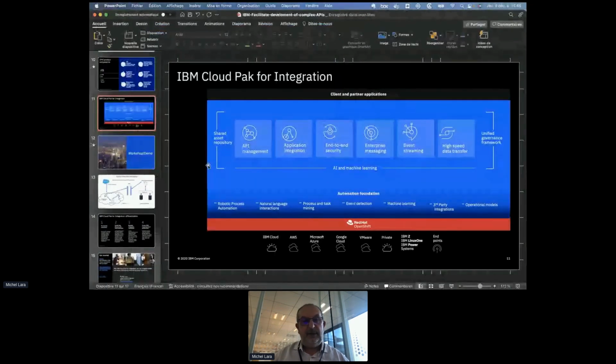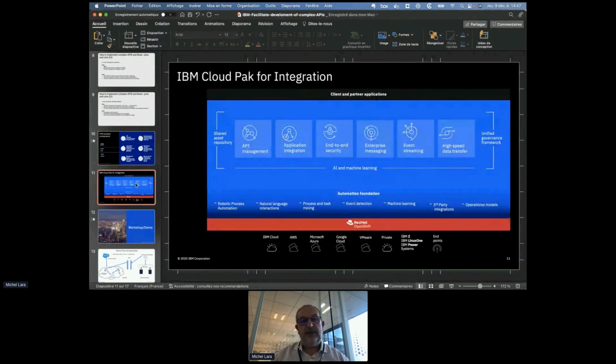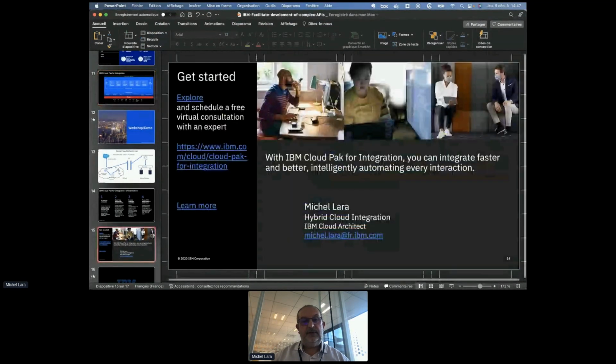So I don't want to spend more time detailing all these capabilities, just to show you that, as I mentioned, all these are available as SaaS, on IBM Cloud, or as a service. You can take these capabilities separately or together and manage them together in an OpenShift cluster. And you can try it also.